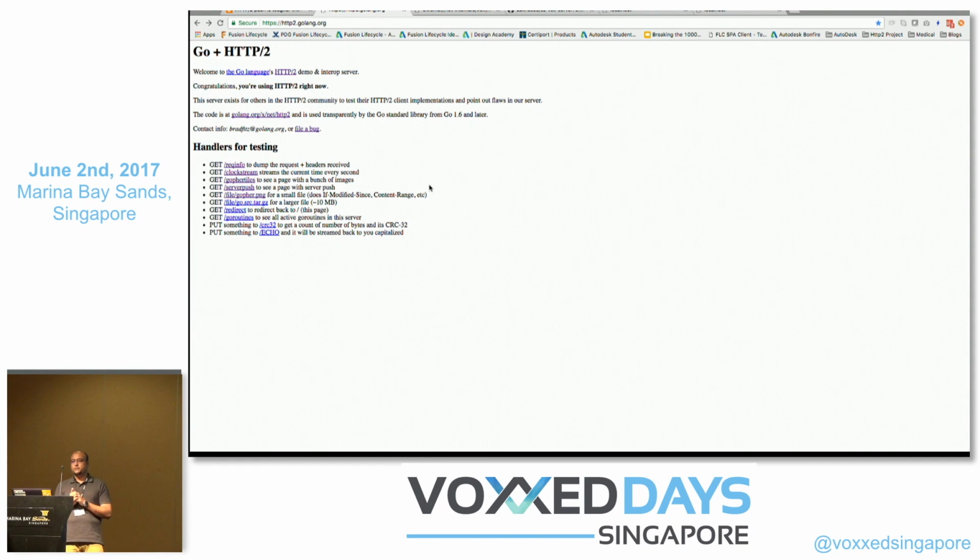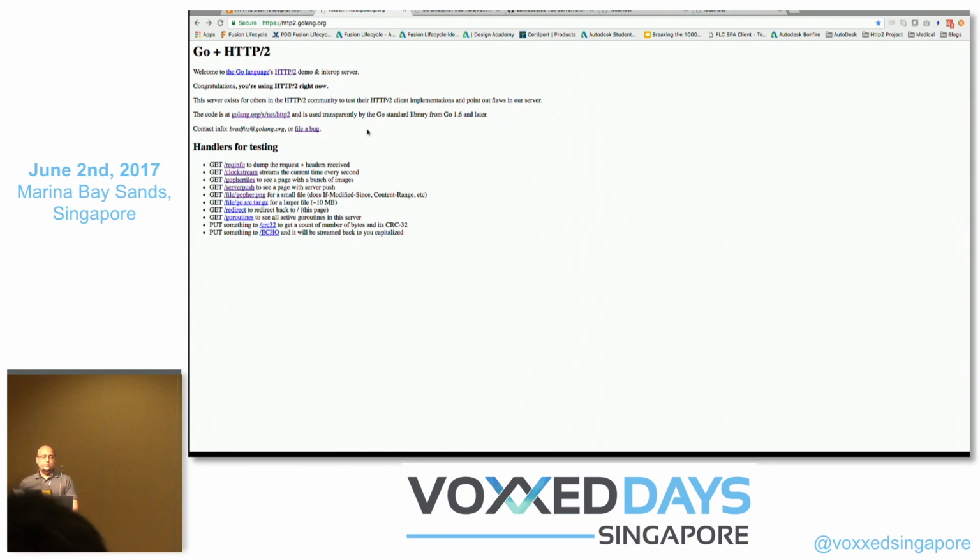These are samples that the Go community created. The Go language community is one of the early adopters of HTTP 2, and they have really comprehensive support of it.